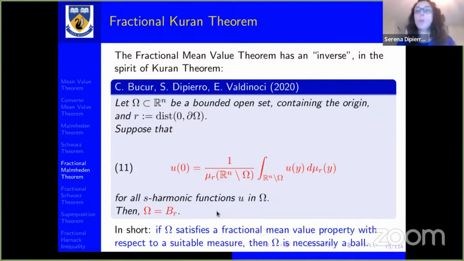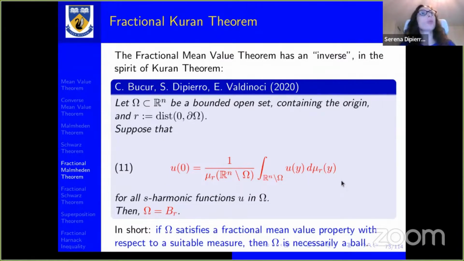So I think yesterday someone asked, I think I said something about the fact that in the fractional situation, we have a measure that depends on the ball. And still, this doesn't make it easy to prove that omega is the ball. This is not obvious. The thing is, I'm not sure that if one put another measure here, then one can obtain a Courant type result, because